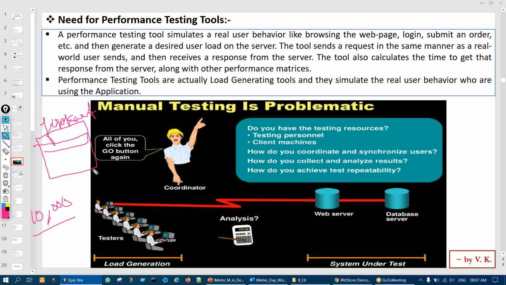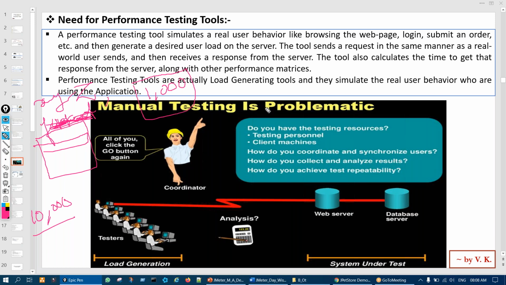So let us say we want to do performance testing of an application. Let us say we develop an application, the name is XYZ, and manually also we can do it. Let us say we initially want to test it for 1000 users. If 1000 users are using that application, how is the behavior, whether it is slow or not? If it is slow, how much slow? If it is fast, how much fast?